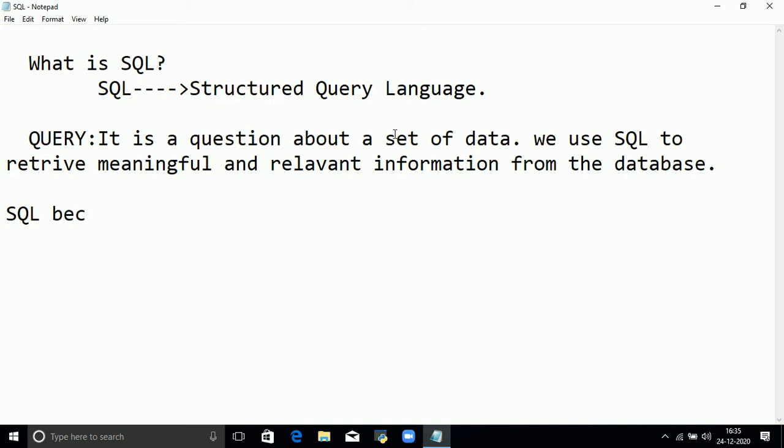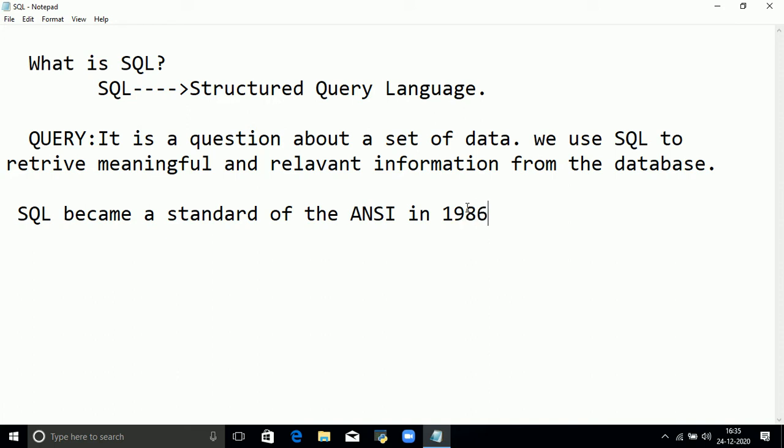SQL became the standard of the ANSI in 1986, and ISO in 1987.